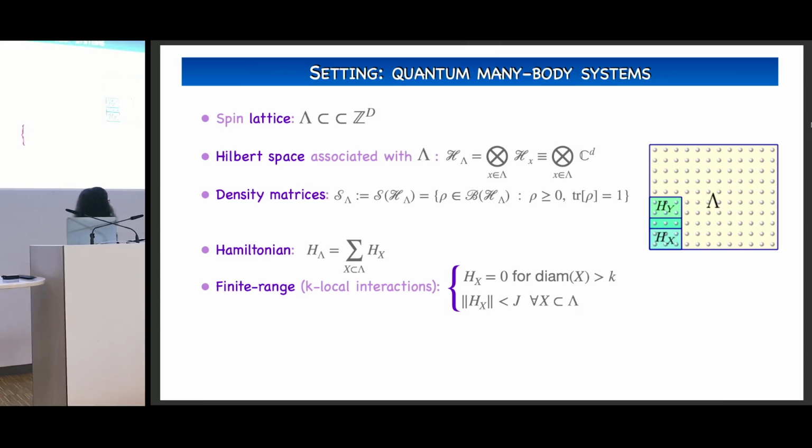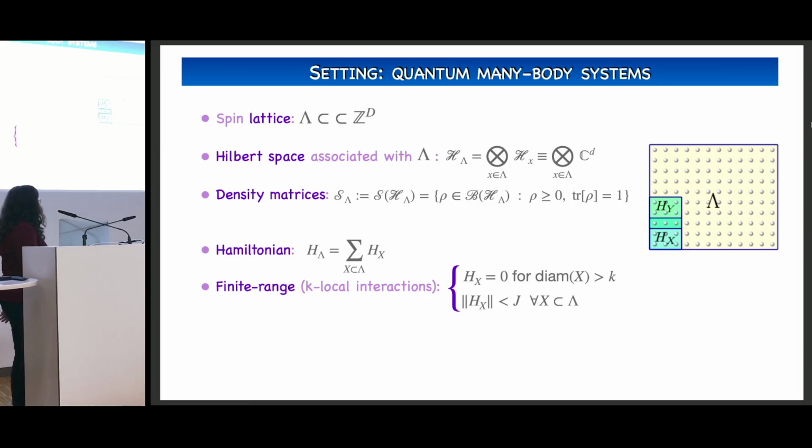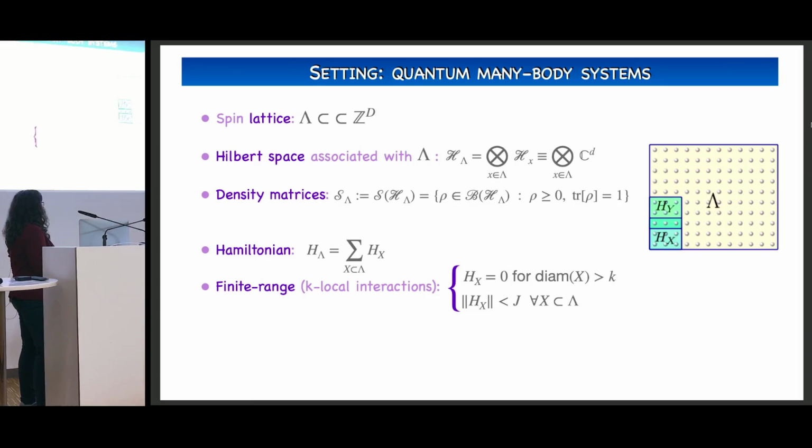But of course, the main observable that we will consider in this lattice is going to be a Hamiltonian, which is a Hermitian operator of the form of a sum of local terms: a sum of local Hermitian operators supported in subregions X. We will assume that our Hamiltonian is always finite range, or has k-local interactions, which is what I'm writing here. This essentially tells us that if the diameter of these regions is larger than a certain quantity k, then all these terms vanish. And all of them have a norm bounded by a constant that we call the strength of the interaction.